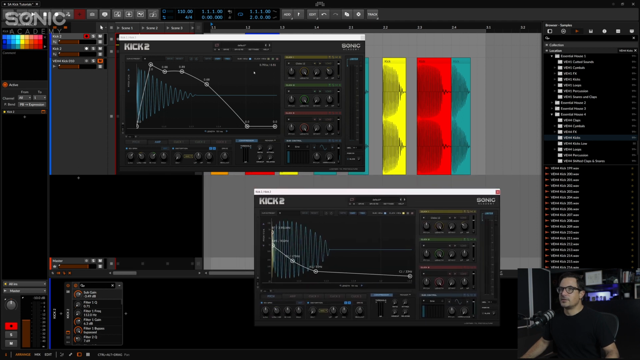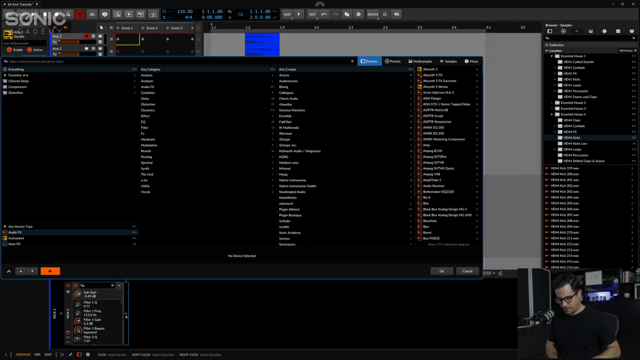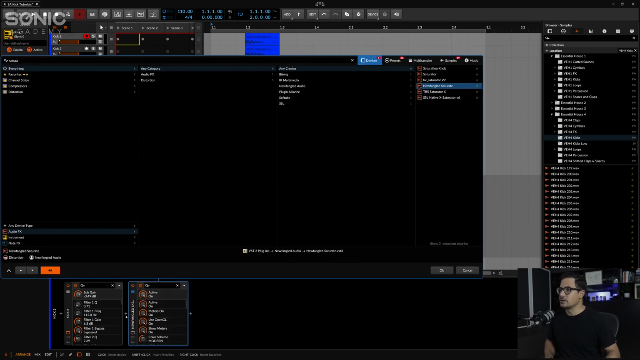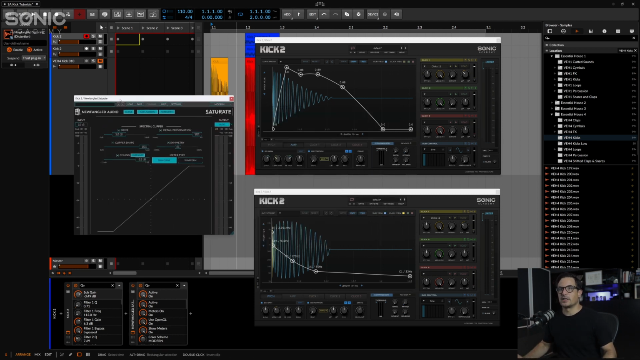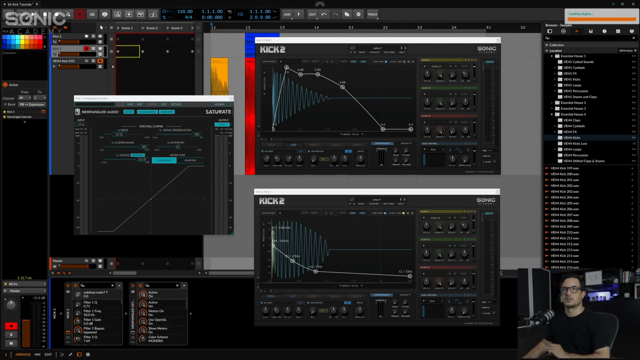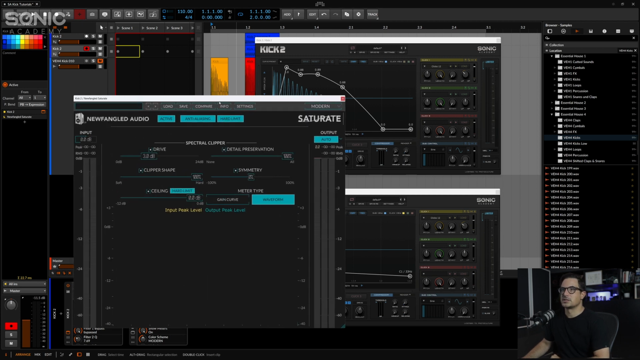We're going to just move these guys over here and bring up an instance of Saturate by Newfangled Audio. You don't need this plugin in particular, but this is the clipper that I use all the time. I'm going to copy this exact same plugin to Kick 2 there. Let's open up the waveform display on this, and I'm just going to increase the size so we can see